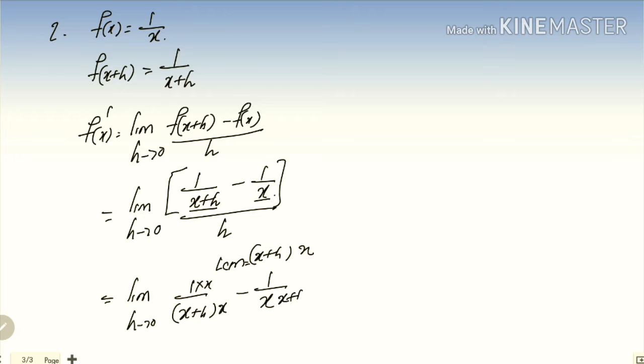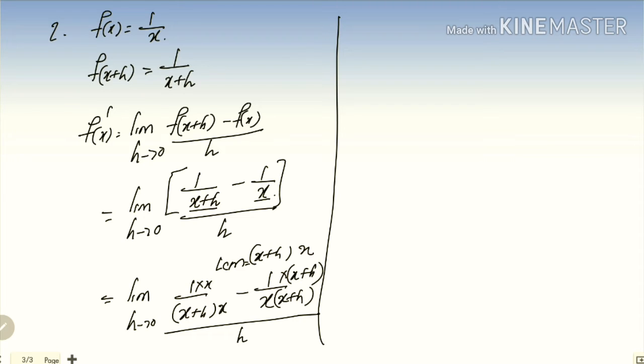Multiply with the x plus h. So here also x plus h bracket, all divided by h. See, the LCM, how fractions are there, you have to find the LCM. Even if it is an algebraic expression, you have to do the same. Algebraic fractions, you have to do the same thing. So it's going to be